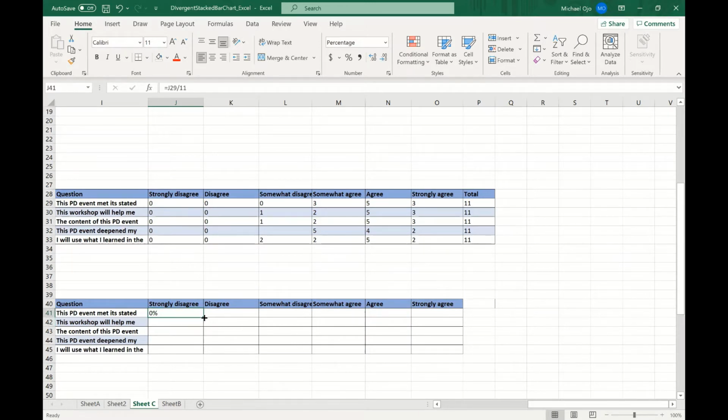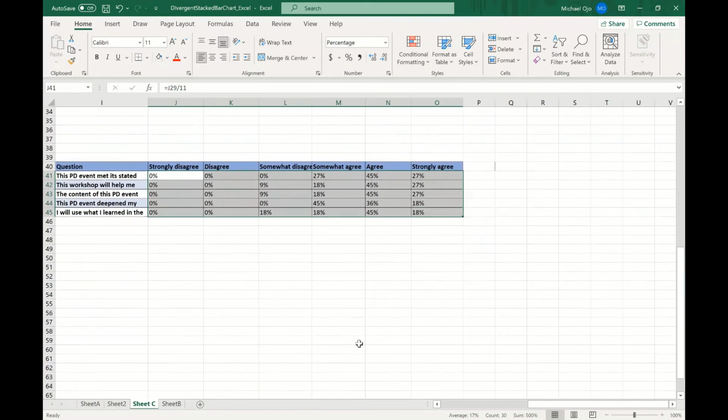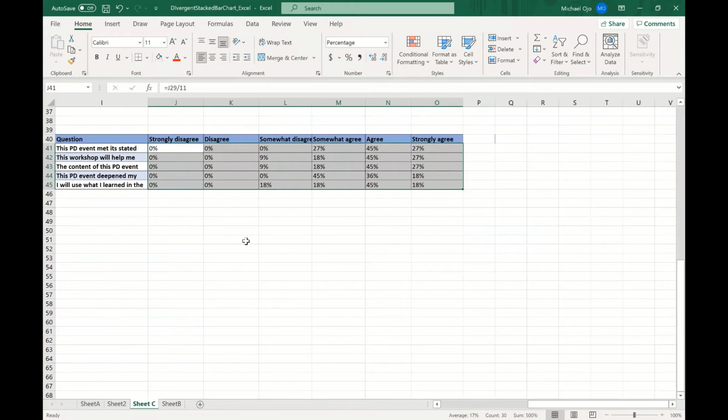To populate the entire table with the percentage, I just need to drag this down, then drag to the right, and again drag it down. You can see now I have the percentages. Sometimes if you drag it down and it gives you decimals instead of percentages, all you have to do is highlight the entire table and click on this icon, and you get the same thing that I got.